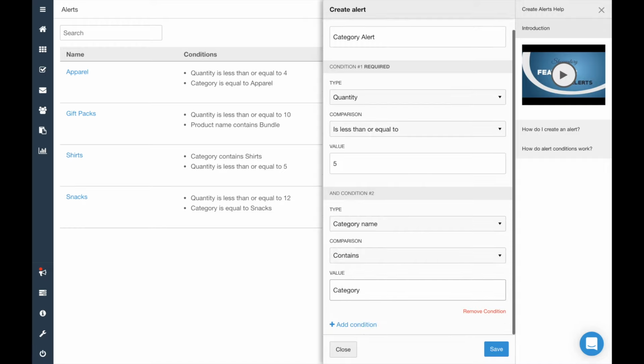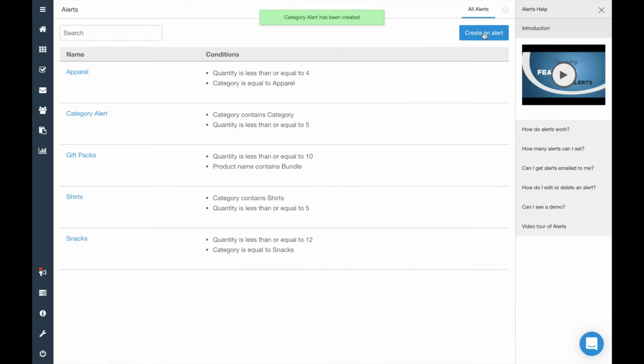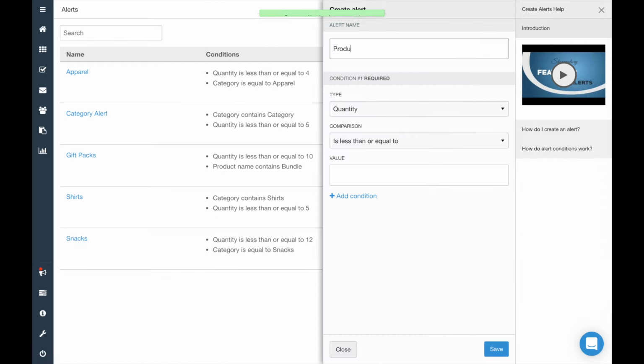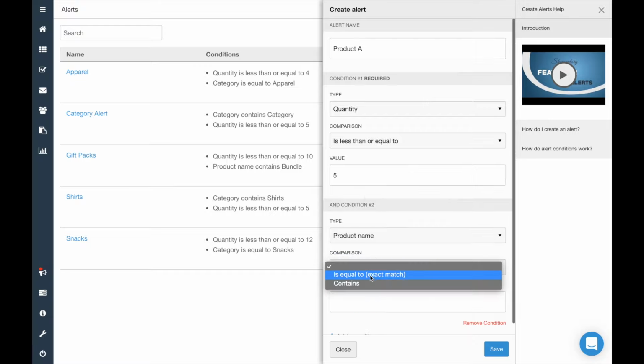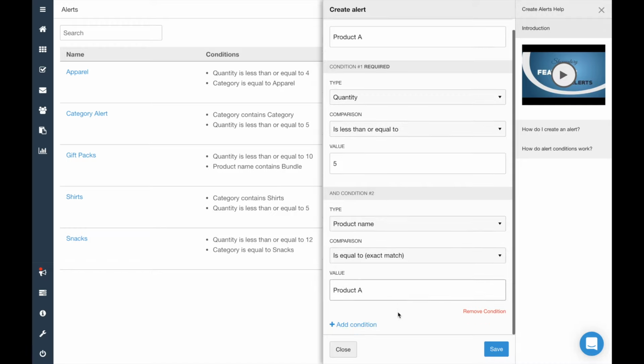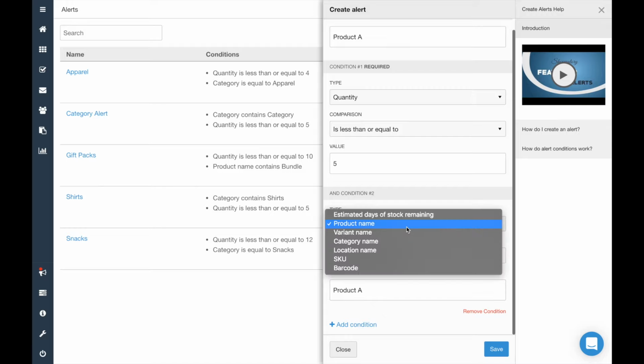We can also create a second alert that's specific to one particular item. We'll repeat that first quantity condition and then add that second condition. We can simply say the item name has to match exactly and then type it in. Finally, in addition to using item names, you can also use categories, variants, SKUs, barcodes, and/or location criteria to build